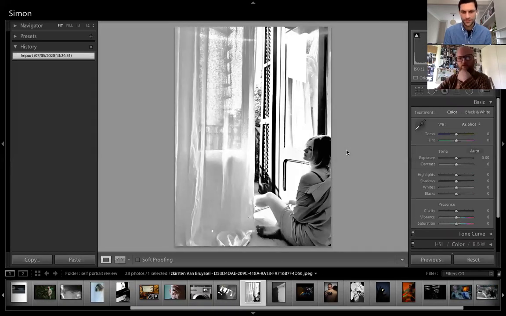I think this is quite, I don't want to say standard, but it's a very clear person in a space. It's probably as close so far to what you would get if someone said, I want you to take a picture of me, and you'd go, okay, go and sit by the window, there's some light, we'll take the picture. I think that makes it both more and less conceptual than the others, because it's straightforward, but there's still a lot going on, because the concentration here is more in the body